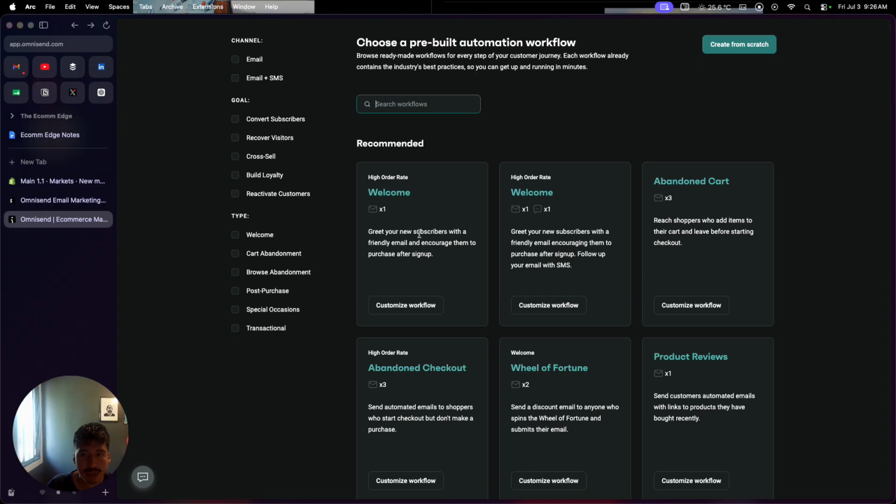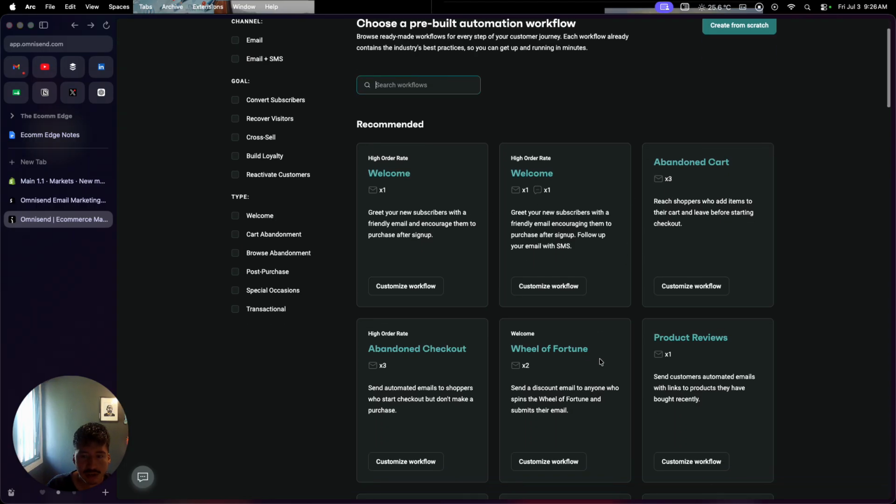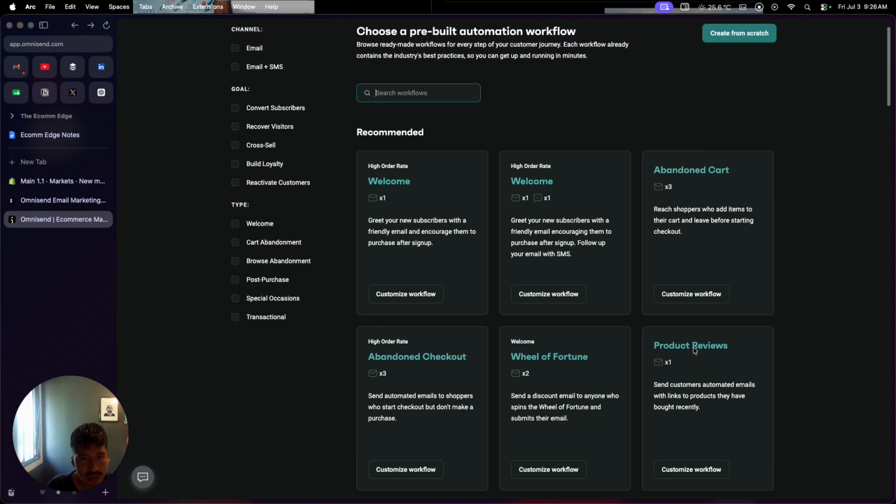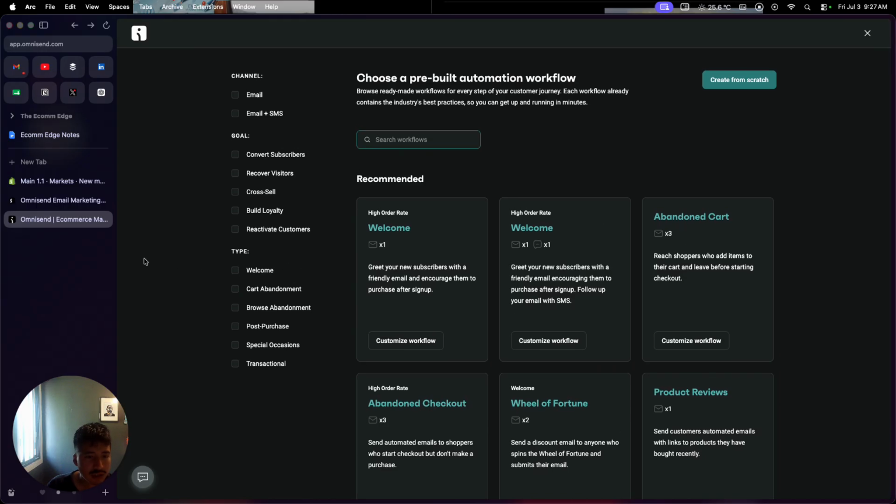You can have the welcome email sequence, abandoned cart, or product reviews, right? So this will help you to generate more sales, right? Because you'll be able to generate reviews, you'll be able to generate more sales from customers who don't complete their checkout, right? And so those are just a few apps that I recommend you go download right now for your